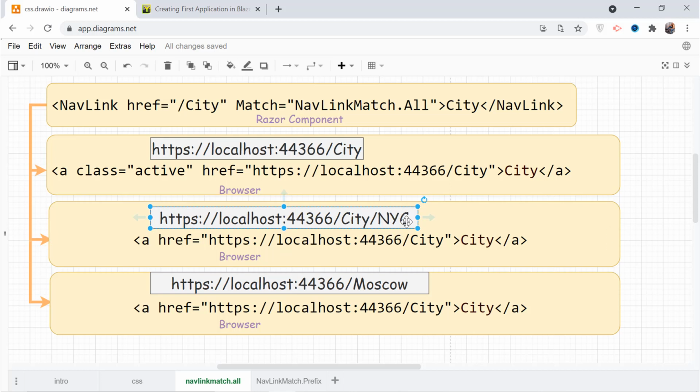So nyc is extra here, and these two do not match completely, so class equal to active is not applied. Similarly, in the case of Moscow, we have /Moscow here, but the href is /city. So no match, and no class equal to active is applied here also. I hope it is clear.